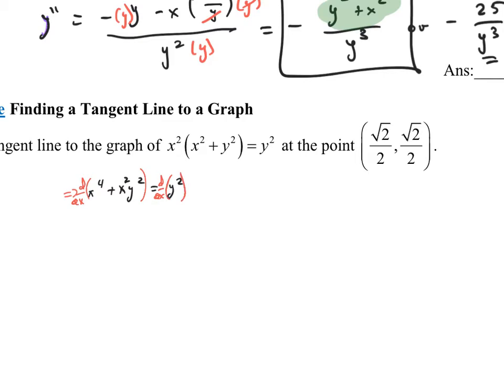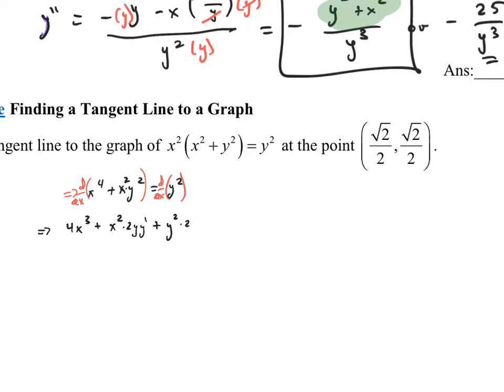And when I do that, let's see what we get. What's the derivative of x to the fourth? Well, the derivative of x to the fourth is 4x cubed. X squared y squared, again, we do have a product rule there. So it's going to be the first, which is x squared, times the derivative of y squared, which would be 2y y prime, plus the second, which is y squared, times the derivative of the first, well, the derivative of x